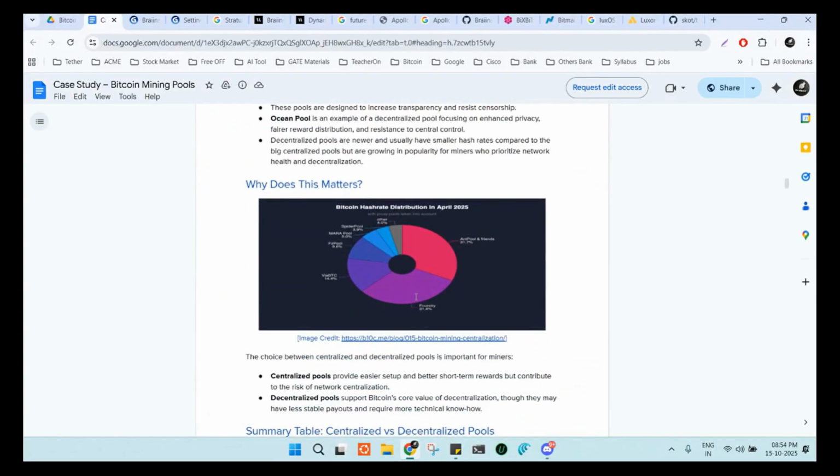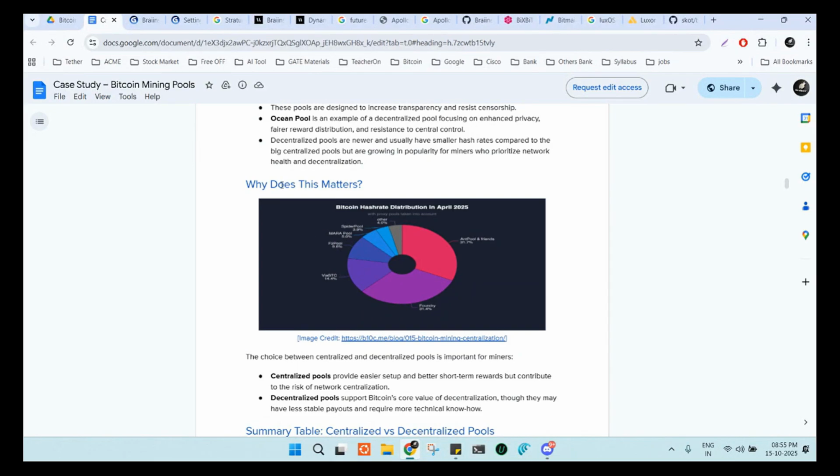Foundry has 31.4%, Antpool has 31.7, then this, and you can see Ocean Pool has no name, right? Because they have 1% or less than 1%. So Ocean Pool comes under others. So Foundry USA, Antpool, ViaBTC, F2 Pool, Mara, or Spider Pool are not moving from Stratum